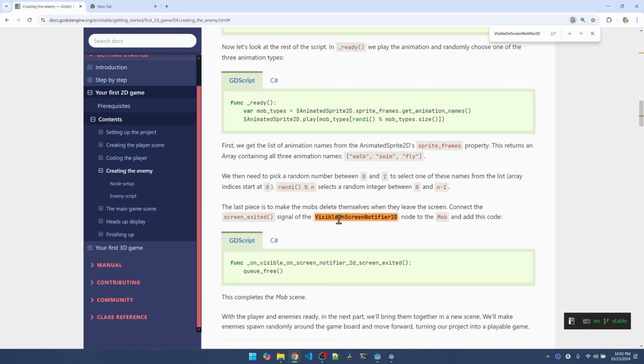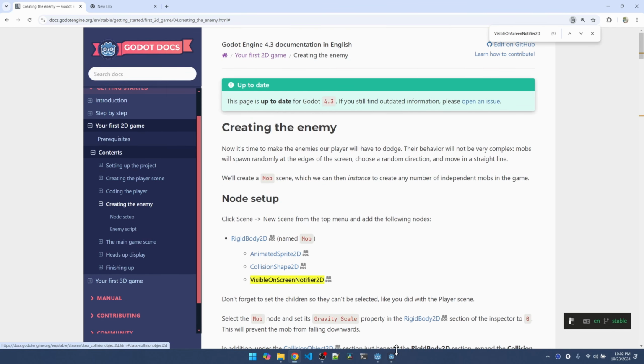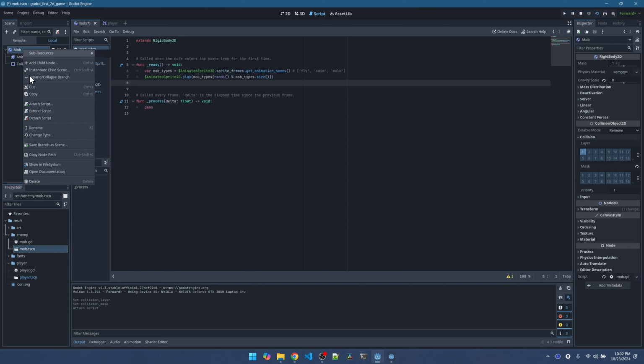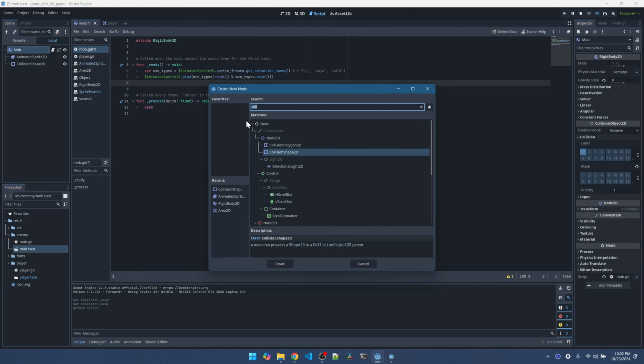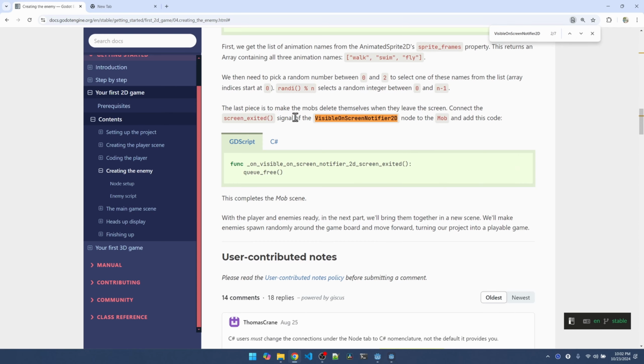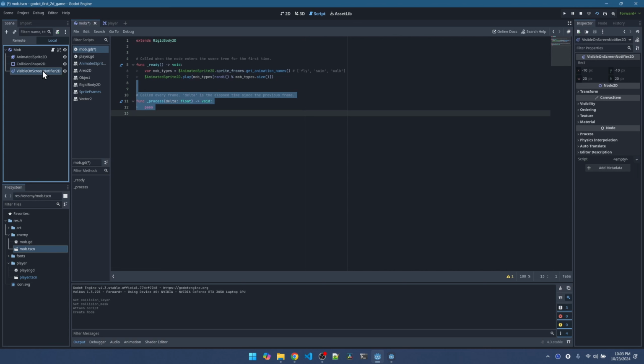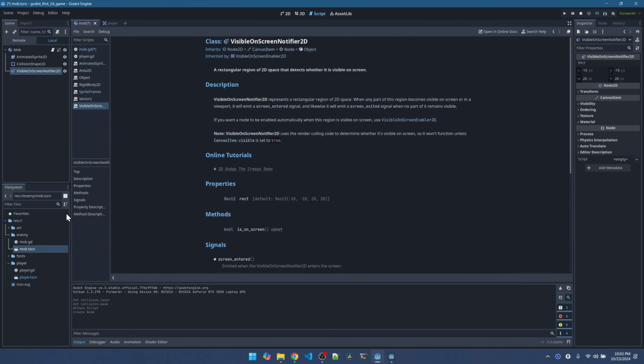Okay, now the last thing is the on-screen notifier. This one, let's add that. Right click on the mob node, add child node, VisibleOnScreenNotifier2D. What we want to do is delete the enemy when it leaves the screen. So let's go to the documentation for the on-screen notifier. It's a rectangle space that detects whether it's on the screen or not. And it can emit 2 signals: when it enters the screen and when it exits the